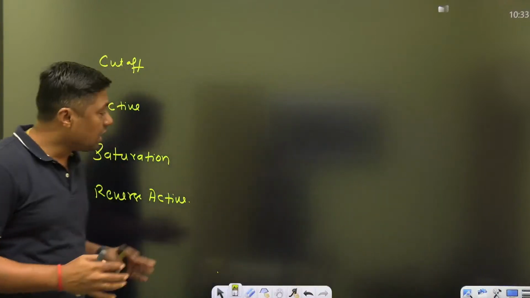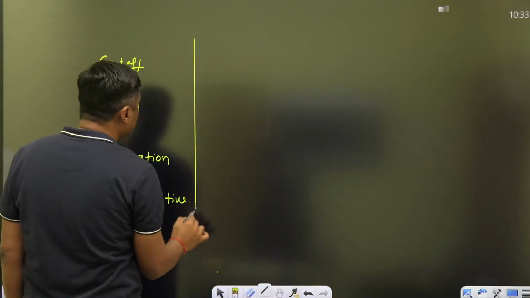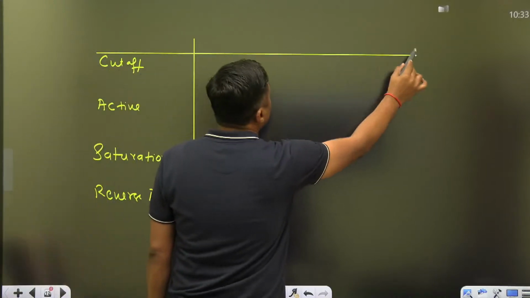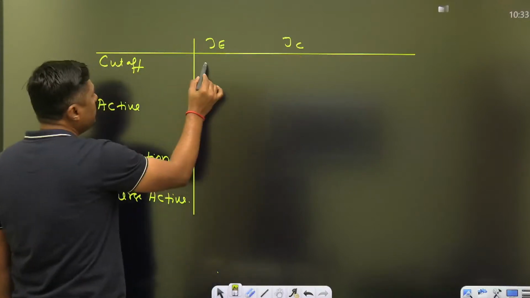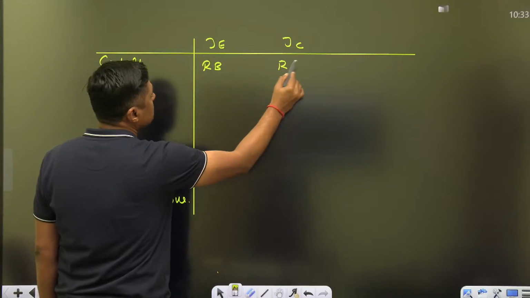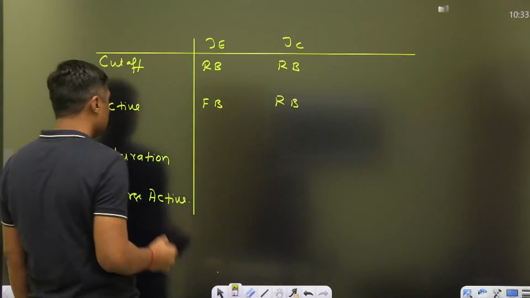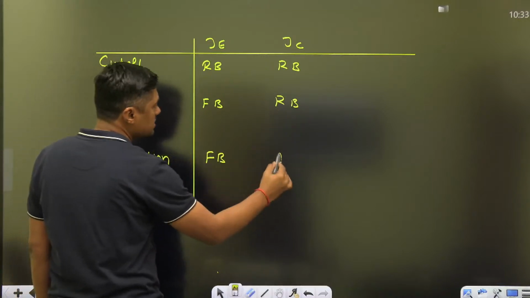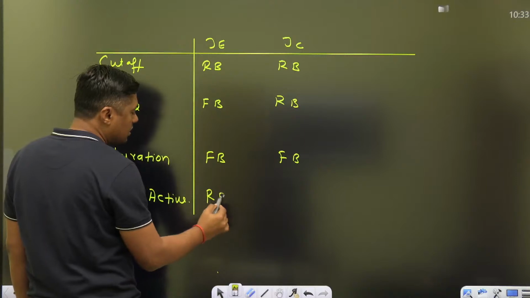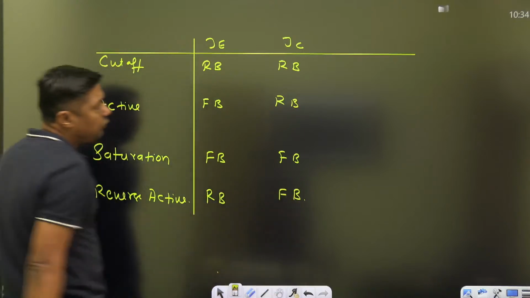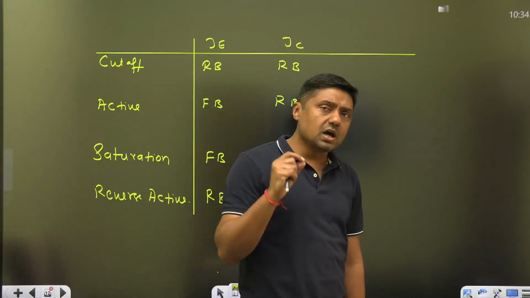एक्टिव मोड, यहां पर क्या है, तो आपके पास दो जंक्शन है, एमिटर जंक्शन एंड कलेक्टर जंक्शन। कट ऑफ में हमको दोनों को क्या करना है, रिवर्स बायस करना है। एक्टिव में क्या करना है, इसे फॉरवर्ड बायस करना है, this junction should be what, reverse bias. सैचुरेशन में both the junctions should be forward bias. और ये जो रिवर्स एक्टिव मोड है, यहां एमिटर जंक्शन रिवर्स बायस होगा और कलेक्टर जंक्शन फॉरवर्ड बायस। फॉरवर्ड बायस जैसे कि आप डायोड को करते हैं फॉरवर्ड बायस, वैसा।